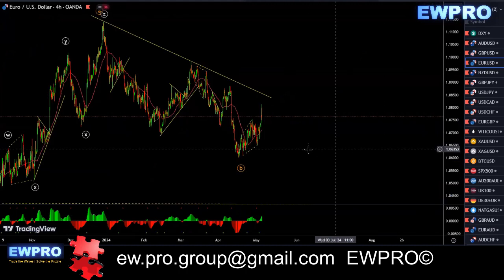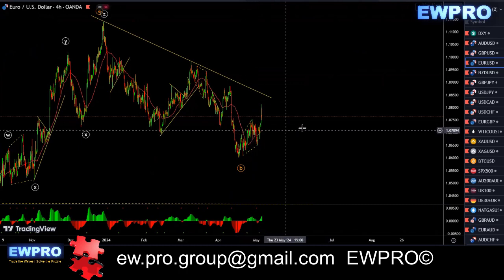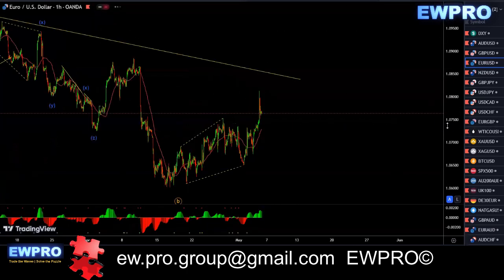This was quite difficult because we had a very deep pullback in here on the lower time frames. But on the H4, we've got 1, 2, 3 down in here. There was this large flat in here on the lower time frames. It did go a lot further than I thought. I was just sort of looking for a 3 up,